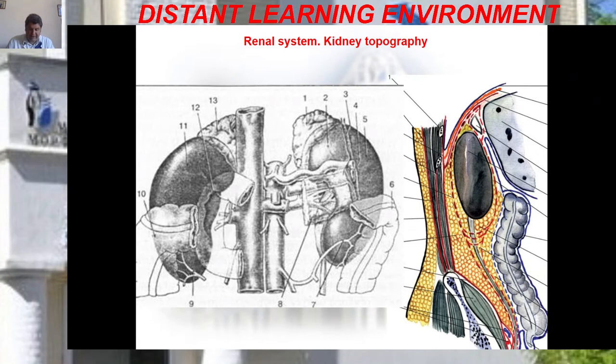The upper part of the posterior surface of both kidneys lies on the diaphragm. You may see the diaphragm on this right picture, which separates the kidney from the pleura. Below the 12th rib, the posterior surface is related to the psoas major and quadratus lumborum muscles. You may see particularly these muscles here and here. This is part of the iliopsoas muscle, musculus iliacus.